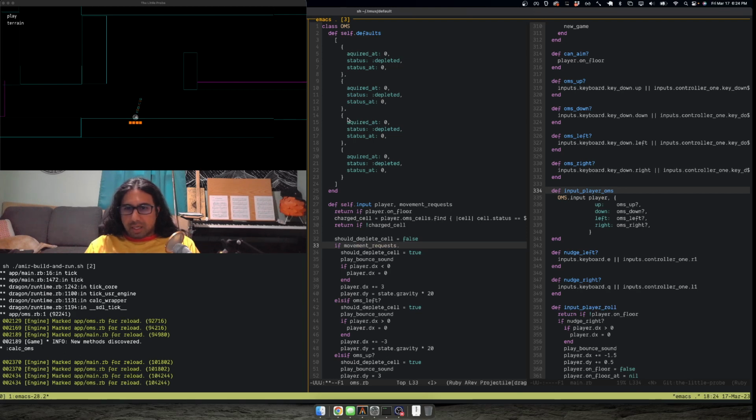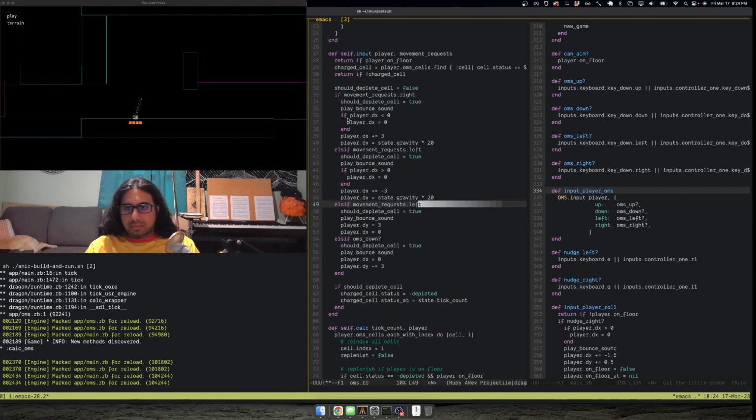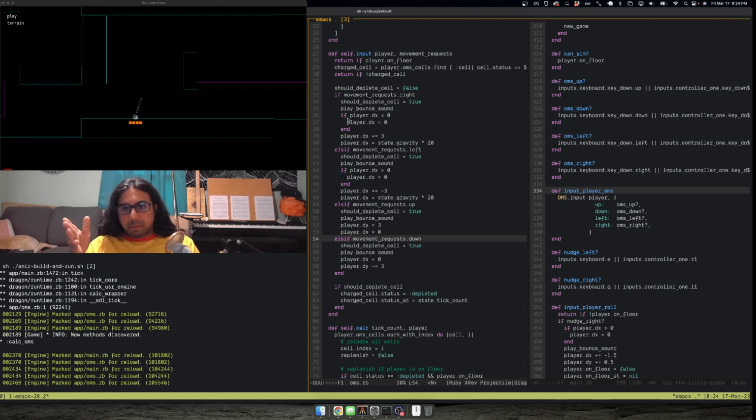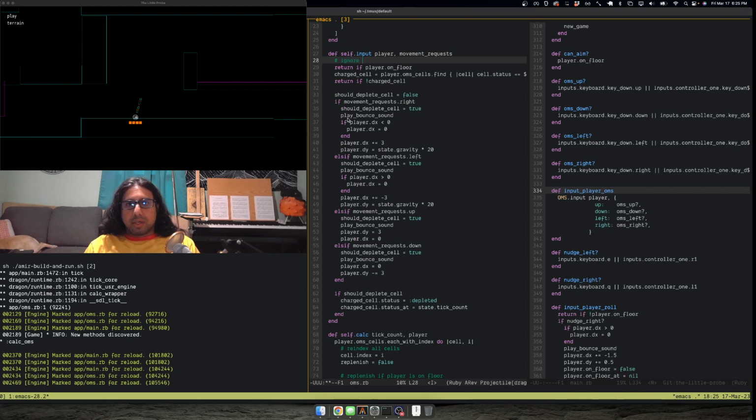So movement request right, movement request left, up, down. Alright, so all the movement requests are in there. Player is a dependency. What do I use player for? So I do look at whether the player is on the floor or not. And after that, right, so ignore